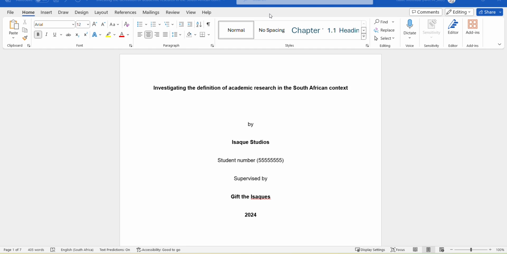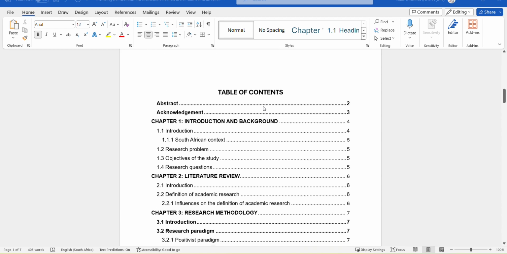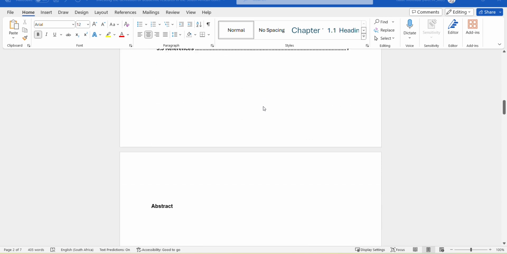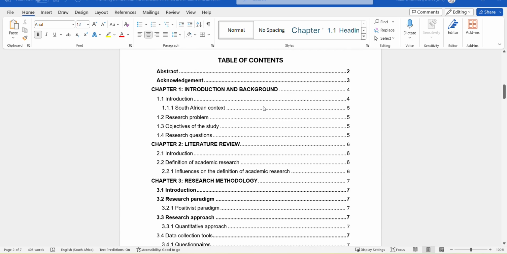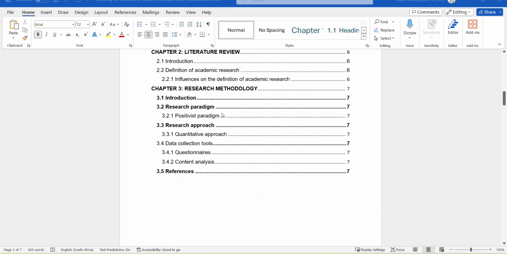Today we're going to continue with our series of working on the technical side of the Word document. So in our last session we actually worked on the numbering system, where we generated this kind of a document including the table of contents and separated all of these sections into multiple pages, chapter 1, 2 and 3. We used a format of a thesis or a dissertation, because normally those are the ones which require this kind of format. And I also added the abstract and the acknowledgement for the purpose of this session,